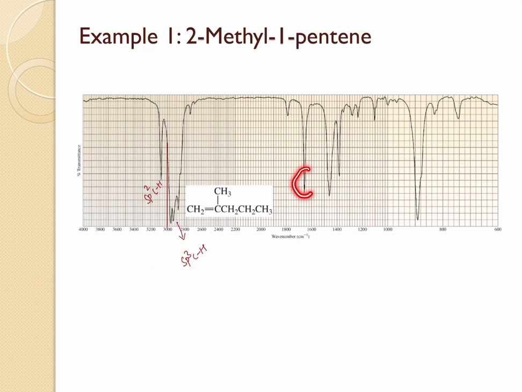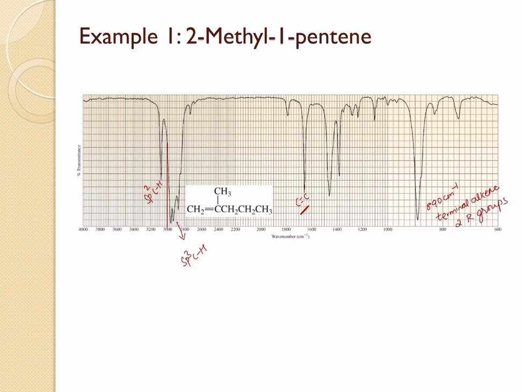But we do see one intense peak around 1650, which may correspond to the C double bond C. Apart from that, we also see a peak around 890, and this peak around 890 centimeter inverse is going to correspond to the terminal alkene that is connected to two R groups,